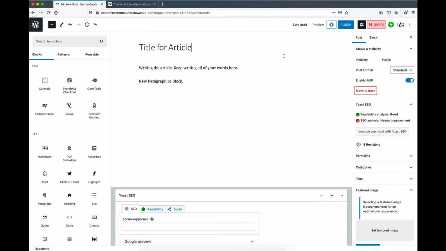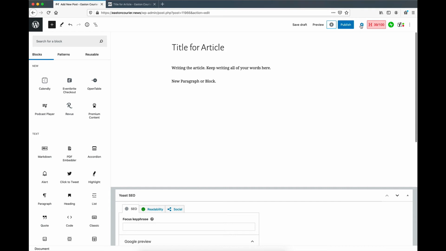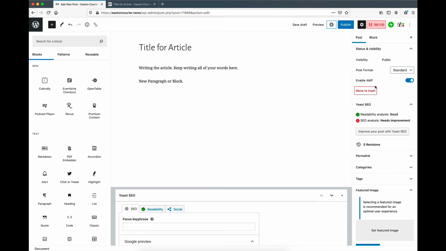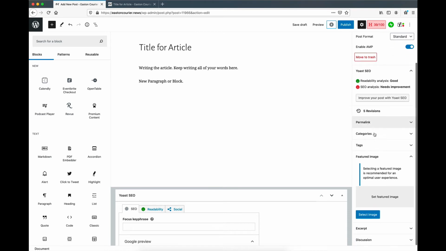Once I'm mostly done with it, there's a couple things to finish this article before it's ready for publication. So on the right side here, as long as I'm clicking on this black settings tab here, you can make it go away if you click on it so you have more room. But once you're done, you really want to come in here and you're going to scroll down. One of the first things we're going to look at is